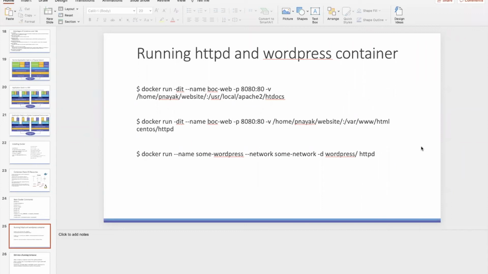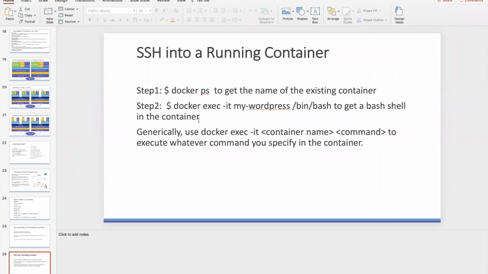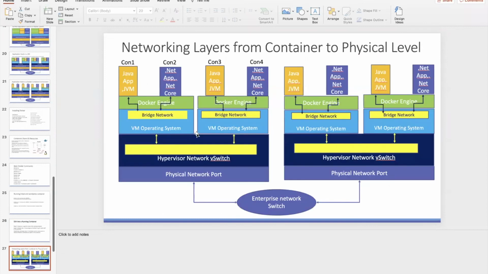Okay, web layer as well as database layer. We'll see that in the next session, maybe next Saturday. And also we'll see this one we covered today, SSH, and then I'll cover some of the networking basics: how networking works from container to physical networking, how the data travels between different layers, how the bridge network works, how the vSwitch in a hypervisor works, and how, suppose container one reaches another